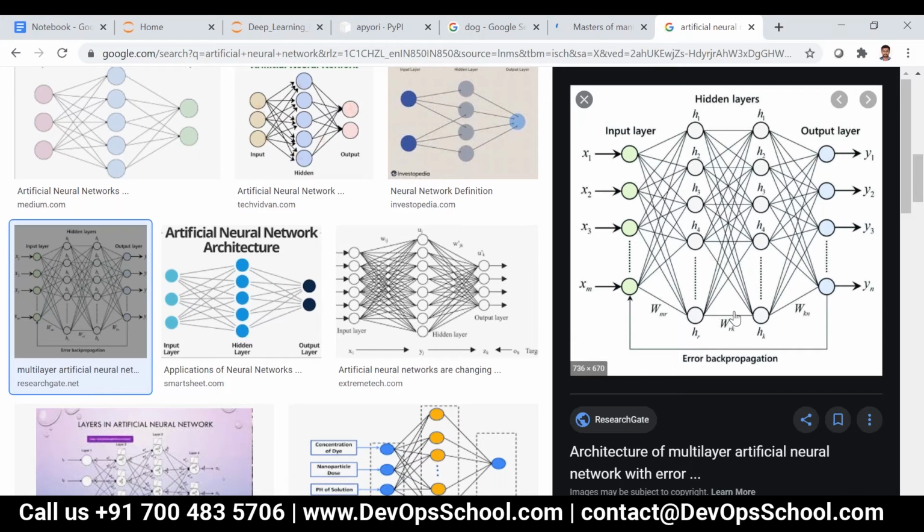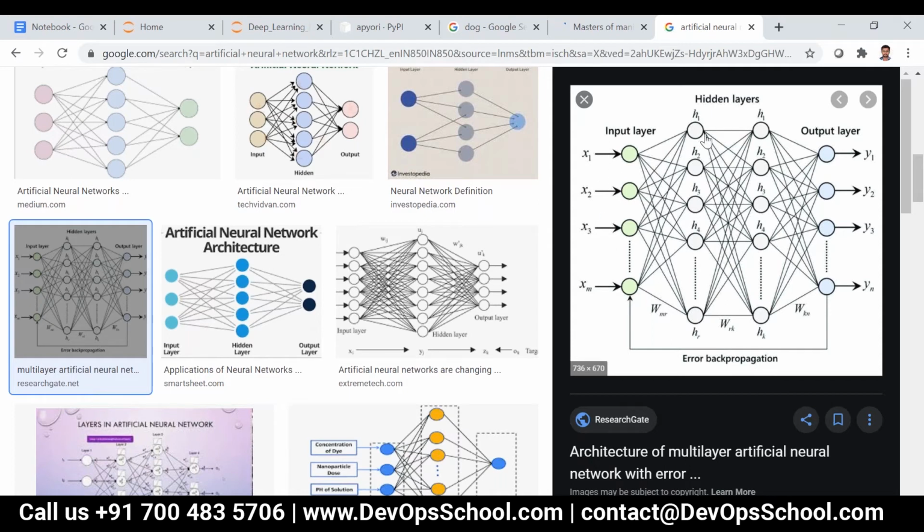Whenever the actual output and the desired output are not matching, the process of carrying backward to update the weights is called back propagation. In that case, it will update the weights and the same process will be repeated.